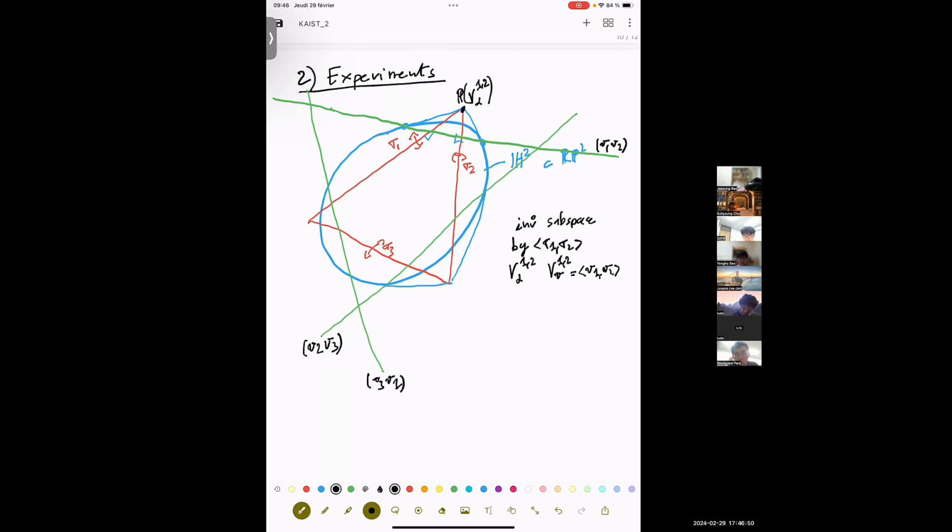So this point must be V1. I put brackets because it's a projectivization of V1. This point must be V3. And this point must be V2. Okay. And now there is